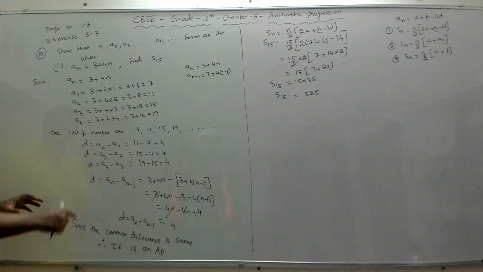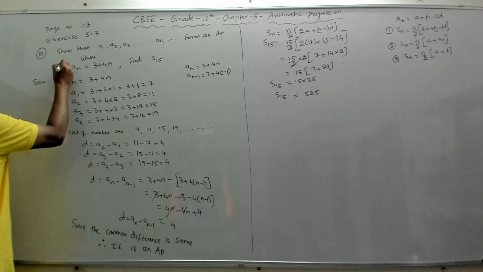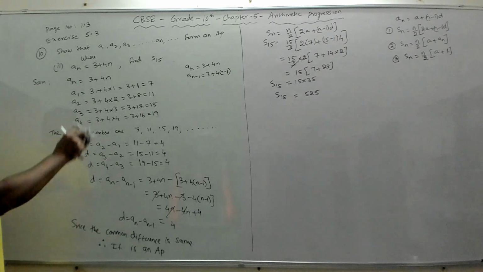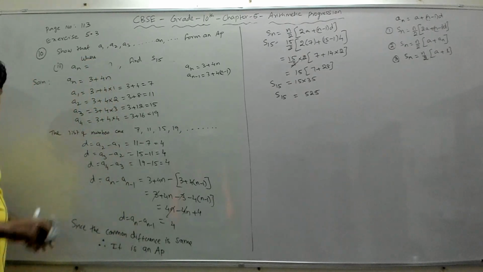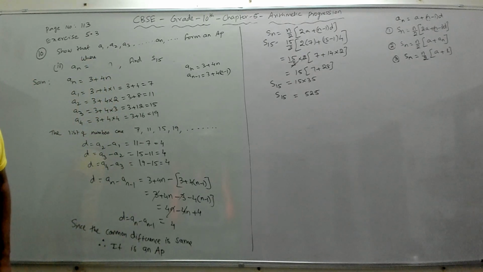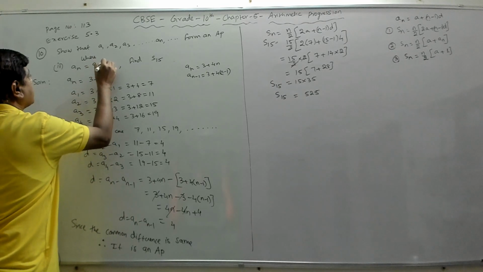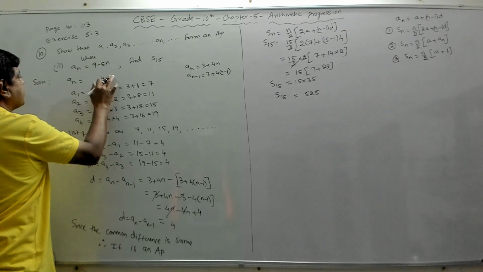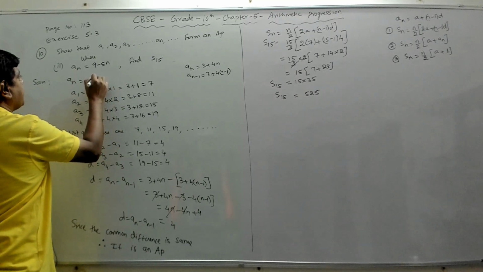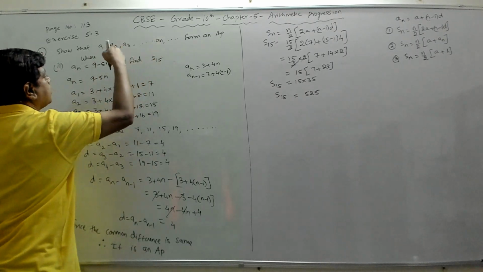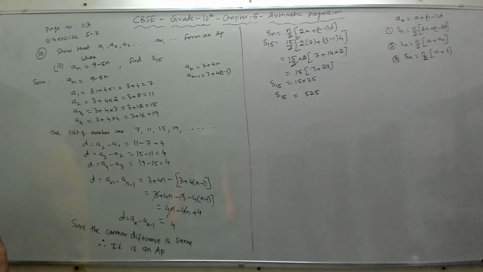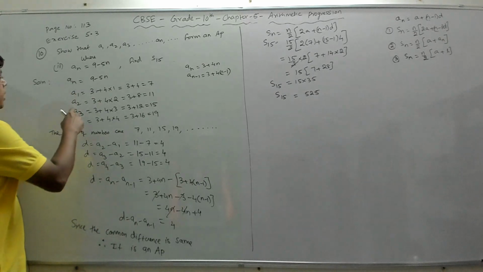So the same thing. I'm going to change this to second part. Show that where an is given as 9 minus 5n. So your an, solution is 9 minus 5n. We have to show that this list of numbers form an AP. The same step we have to follow. Right? So our a1 will become